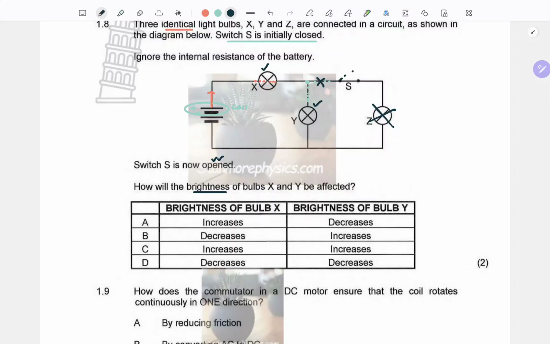That is definite. But then when the total external resistance increases, because remember the parallel connection decreases the total external resistance, but now when the total external resistance increases, it does what? It actually decreases the current, because these are inversely proportional. If we increase the total external resistance, we are dropping the current. So if we drop the current, it means X will decrease in terms of power,